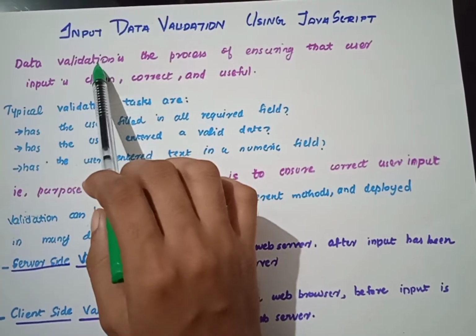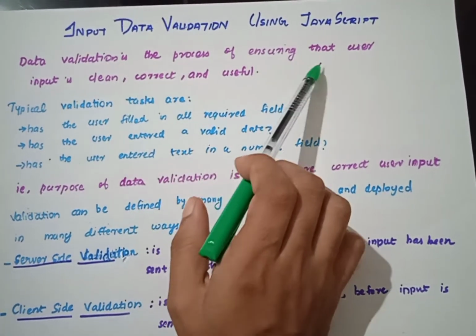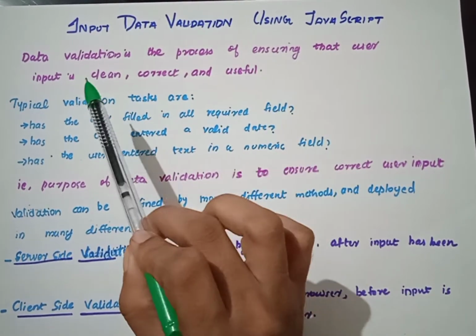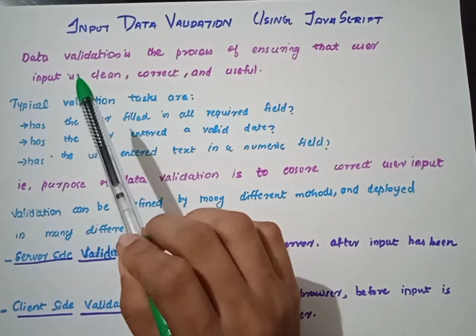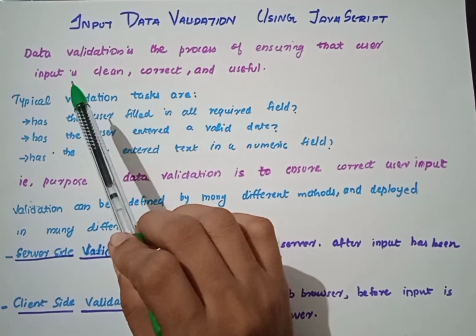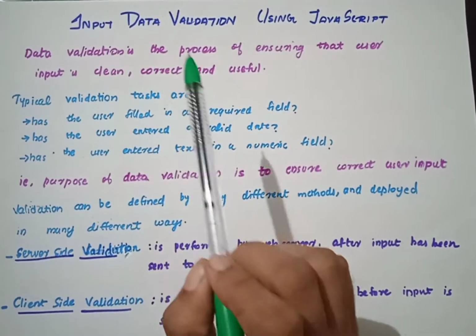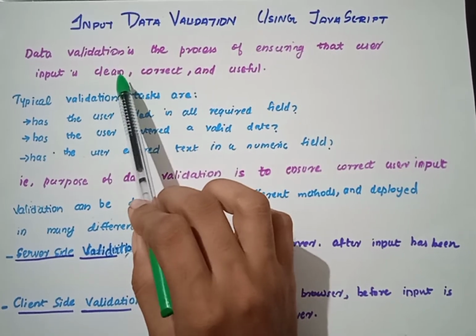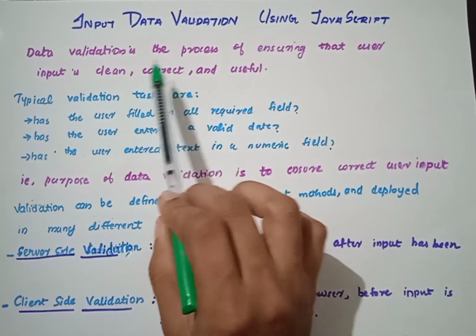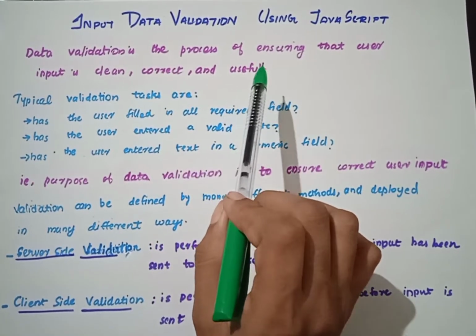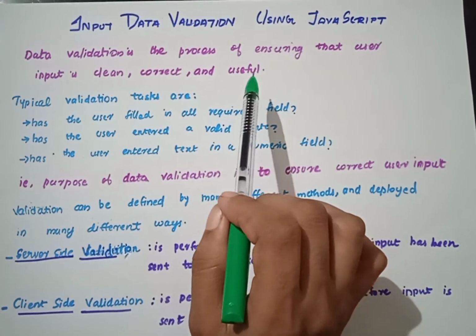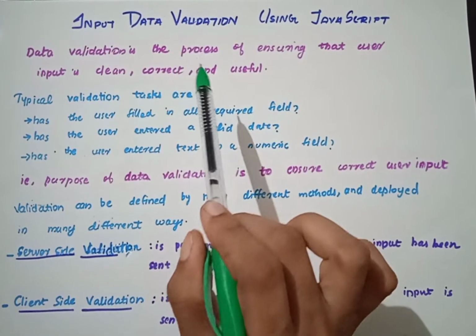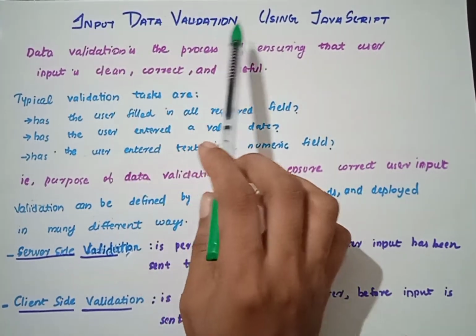So in this data validation, the data are actually the user inputs. We are ensuring that all the input data from the user are clean, correct and useful. What these three things really mean: is it in the correct format, is the answer correct, and is it useful data or input that the user provided. So these are the three important things that we are checking or ensuring using this concept of input data validation using